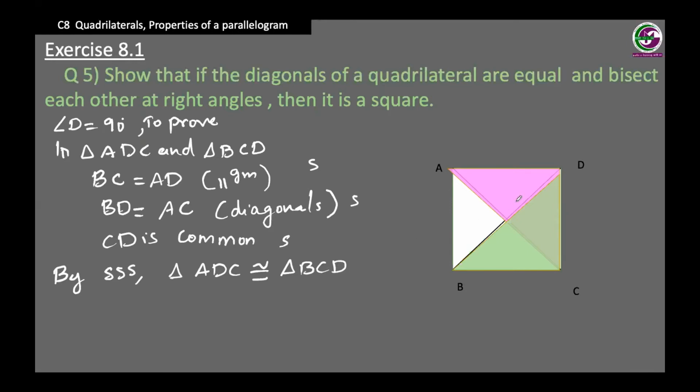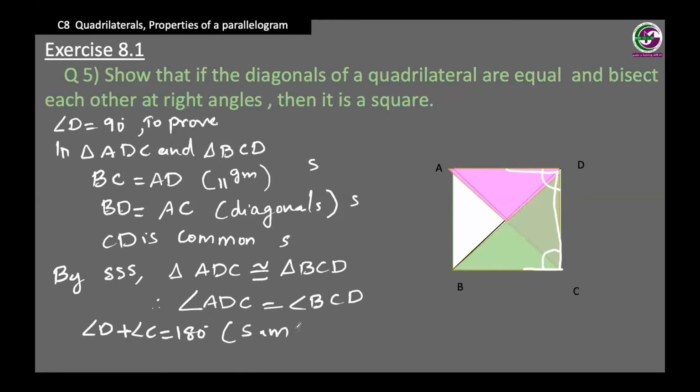And when two triangles are congruent, by CPCT we get angle ADC is equal to angle BCD. So we found that these two angles are equal. But we know this shape is a parallelogram. In a pair of parallel sides, we can apply same side interior angles is 180 degrees. Angle D plus angle C is equal to 180 degrees. Same side interior angles